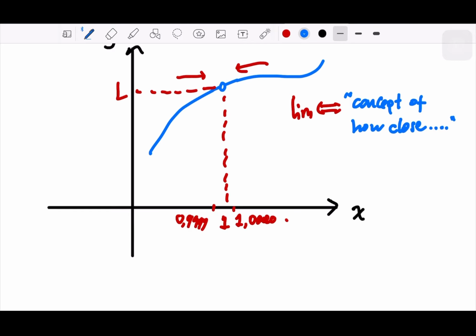With the limit concept you can ignore that small gap. But of course in math or in calculus we need to know how close it is, like how small it is. And usually in the precise definition of limit, we are going to have